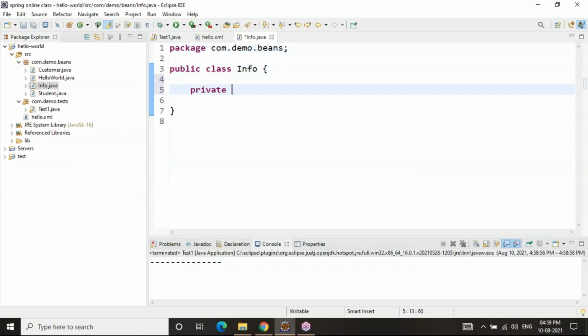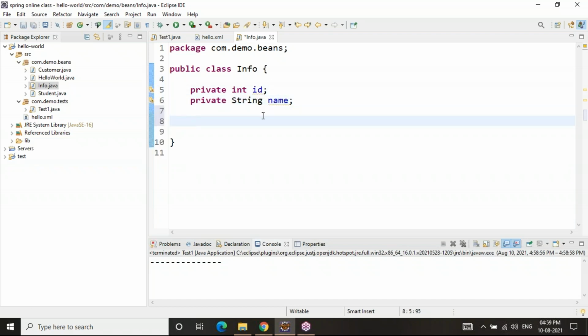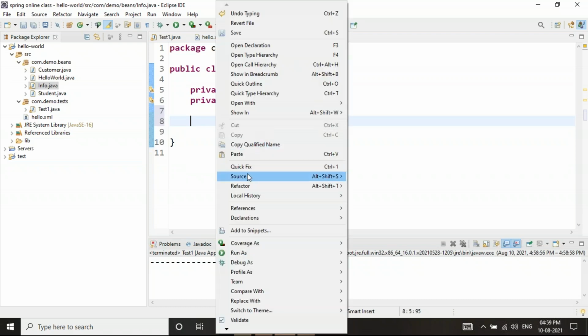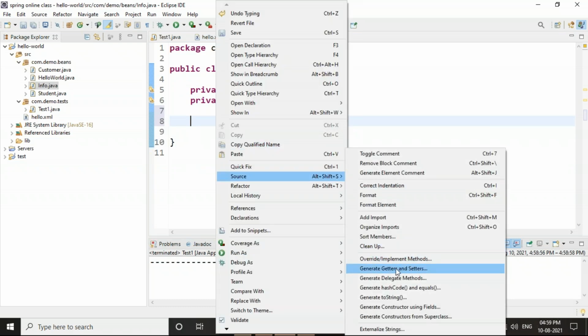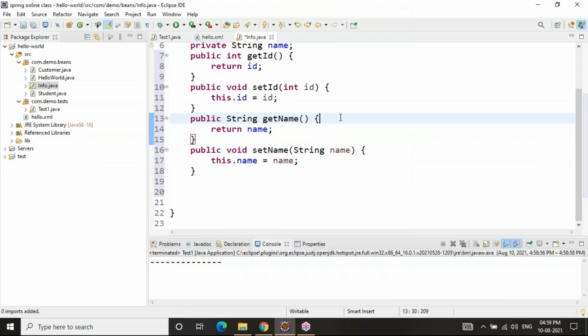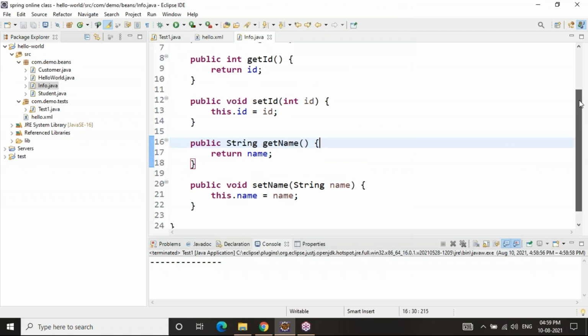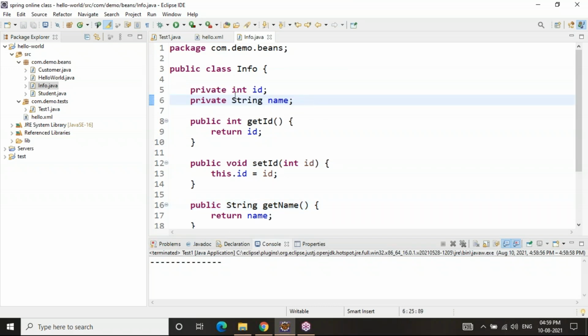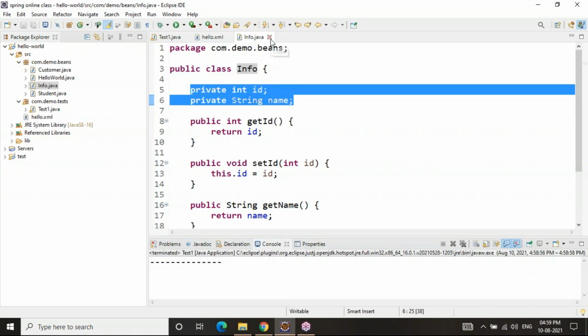Here I will say private int ID and private String name. That's it. Give setters and getters. I will explain in detail about these properties later when we discuss dependency injection. For now, just remember the Info class has these two properties,